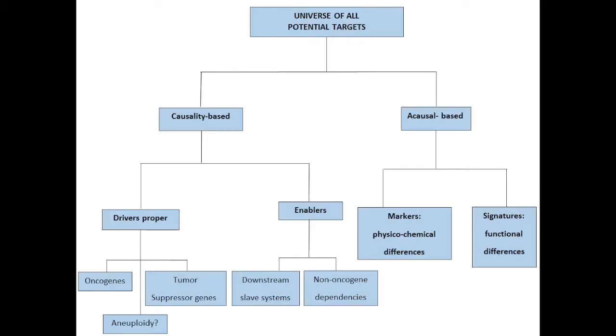The basic idea, which is a reductionist one, is that all good cancer targets and the therapies based on them can be classified into one of only two fundamental categories, or in some more sophisticated examples, into a hybrid of both of these two fundamental categories. The two fundamental types of target are firstly those based on causality, and secondly those acausal targets based on recognition. These two categories correspond, respectively, to John Locke's two kinds of essence: the real essence, which refers to the underlying explanatory causes, and the nominal essence, which are descriptive and used for purposes of recognition, as in his 1689 essay